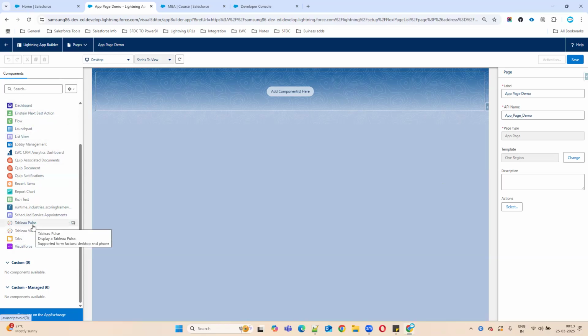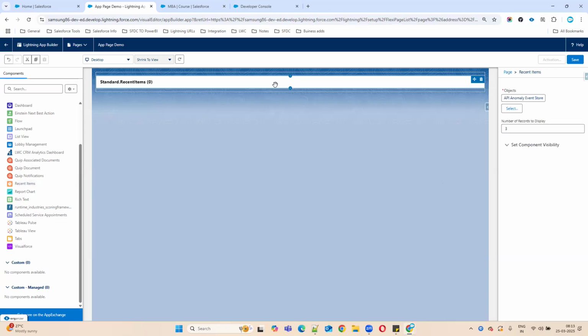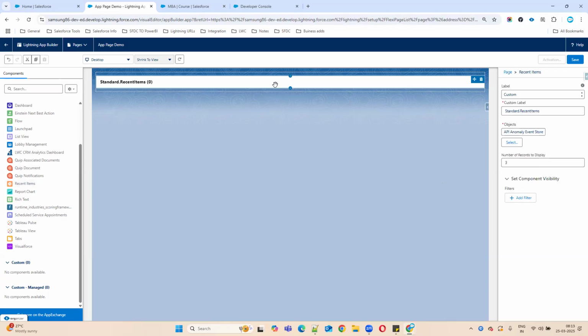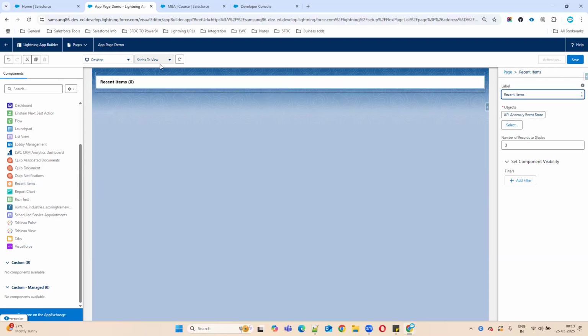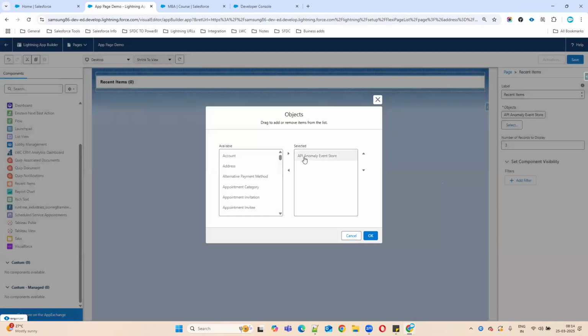Okay. So for example, if you take this Recent Items, here I want to just drag and drop. So it will show like this. Once you add the component, you can give a name for this one. I'll give Recent Items only. Object, you can select any specific objects.